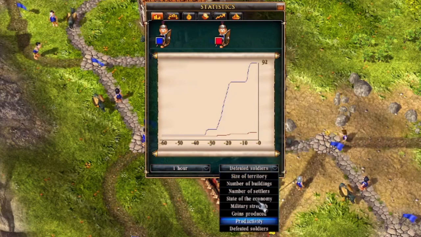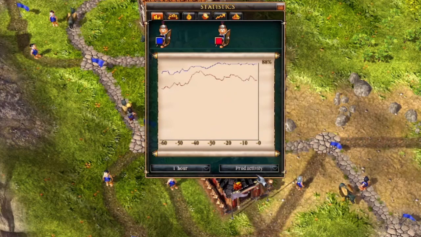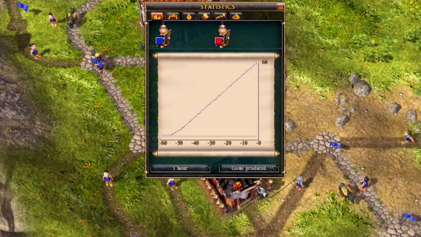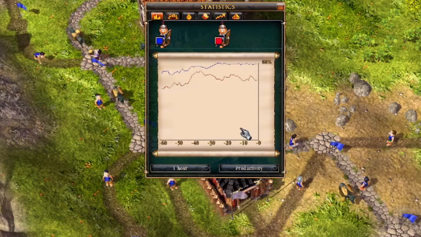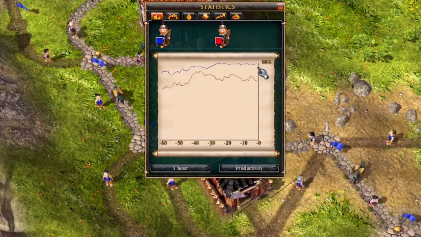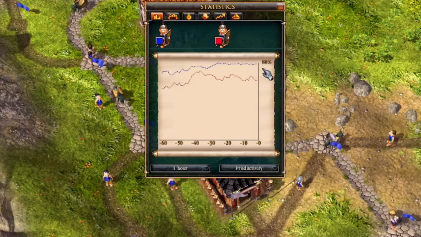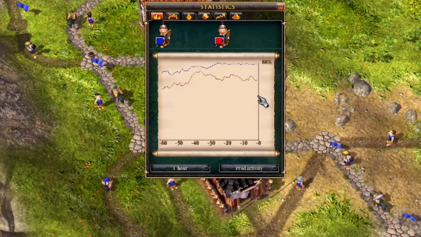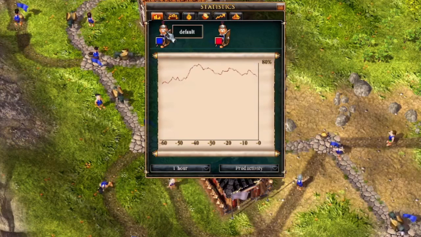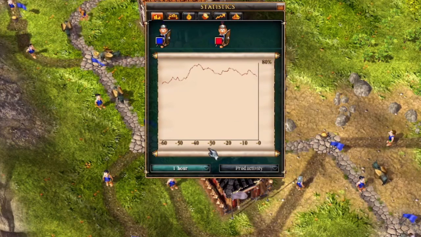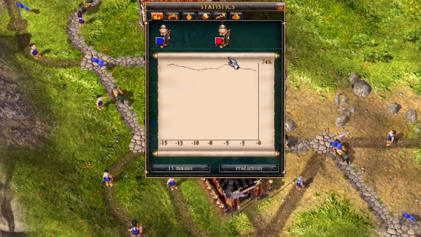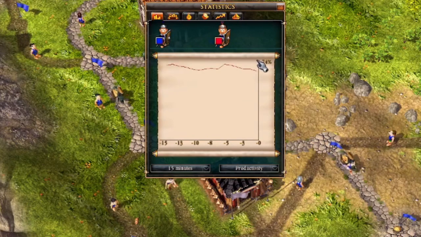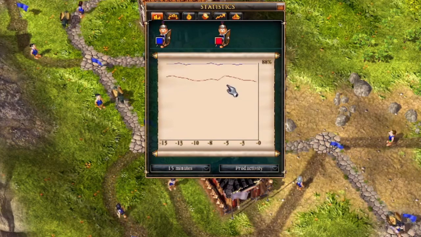And then there's different statistics you can look at. Let's look at production here. You can see my production, blue, is 88% and red lower. Coins produced, I'm the only one who's produced coins, 68 to 0. Going back to productivity, yeah, I've got 88%. Unfortunately, you can't see what their percentage is. So you have to click on one that isn't there to find out the other players' statistics, or the lower player statistics. So you can click on these to understand what's being shown or what's not being shown,